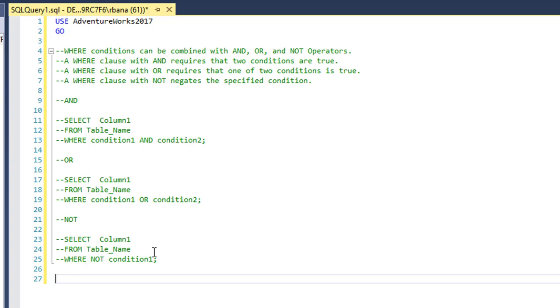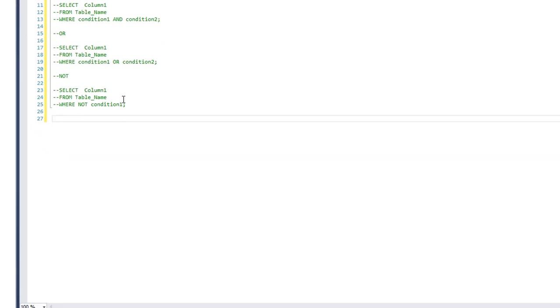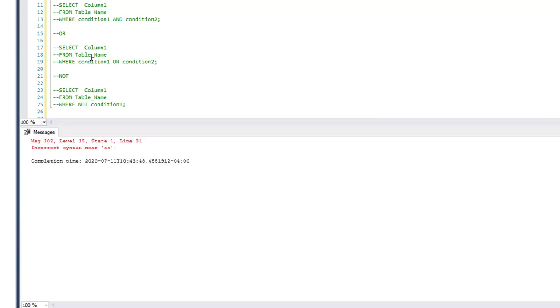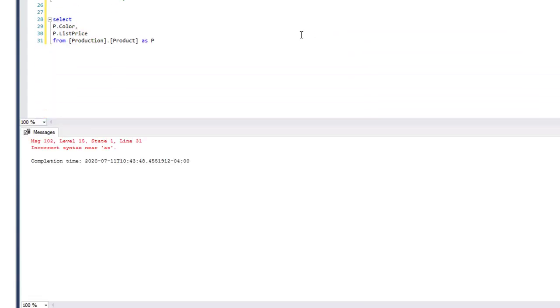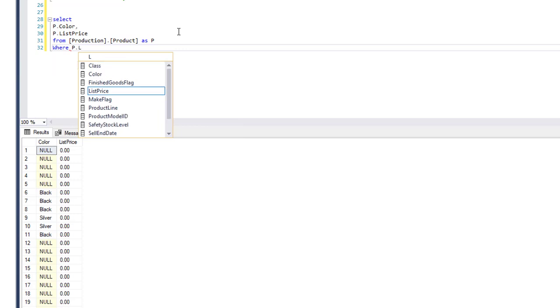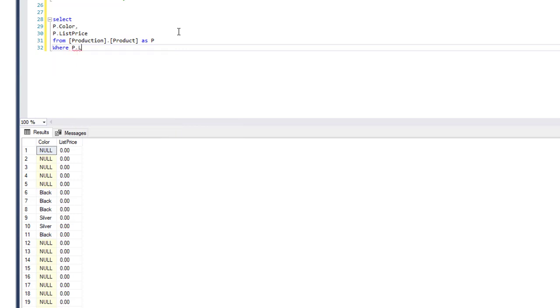So let's go over the basic syntax for use of the where clause with the and or not. So we'll start with and. So we're going to use this query. We're going to select our color, list price from the product table. So we're going to use a where clause, and for now we're just going to use list price. We're going to have where list price is greater than 40